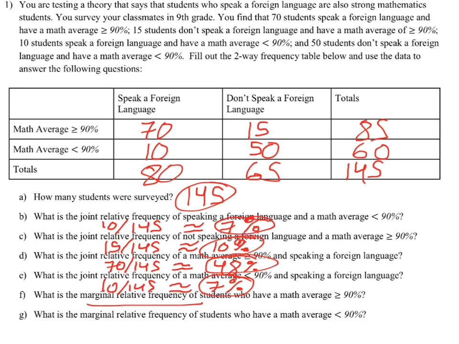Okay, the next one we have marginal relative frequency for students with math average greater than or equal to 90. Well, that's this row here, and the total there is 85. On the marginal ones, you're taking the marginal amounts and dividing them by the total amount. So you got 85, and you got to divide by the 145, which is going to give you about 59%. You need to round up on that one. Next one, marginal relative frequency, average less than 90, that's this guy. You have to do the 60 and divide by the 145. And when you do that,